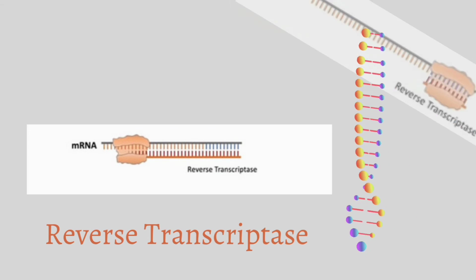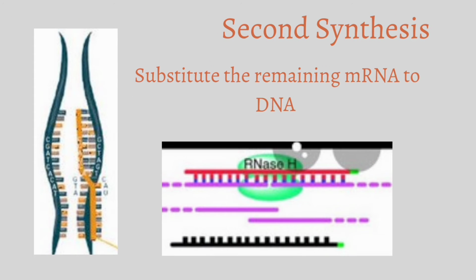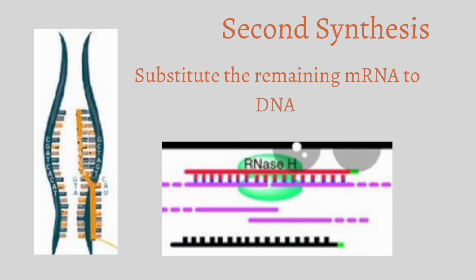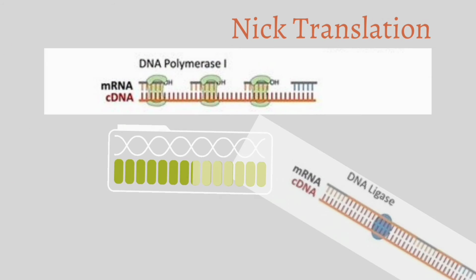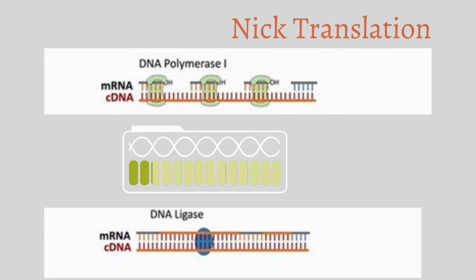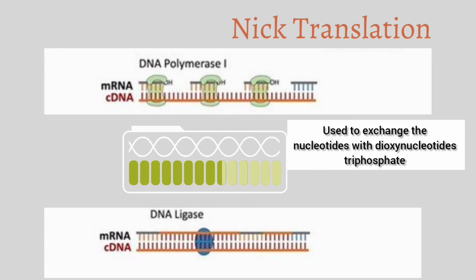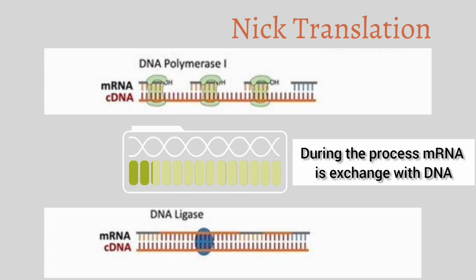The second strand synthesis requires substituting the remaining mRNA with DNA, and this happens by using RNase H that introduces nicks in the RNA strand and provides a 3' OH priming site. Now, DNA polymerase 1 from E. coli is used to exchange the nucleotides with deoxynucleotide triphosphates, and during the process, the RNA is partly exchanged with